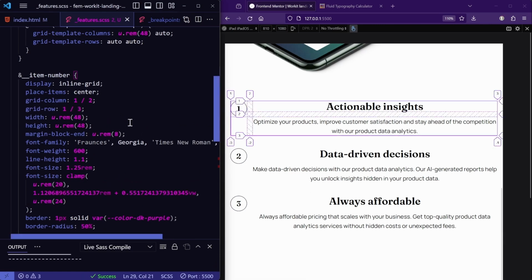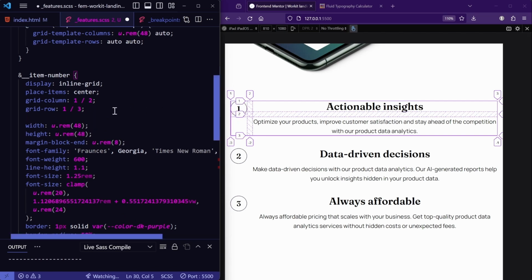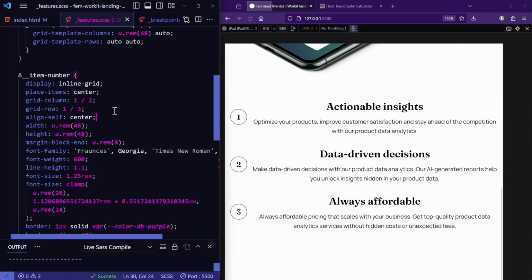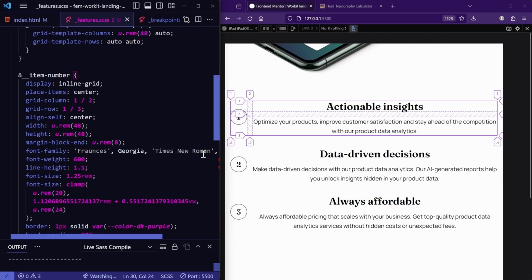There we go. And we need to vertically center the number within the 2 rows. So we can say align self center to vertically center it. Okay, it looks pretty good. And then the other thing we need to do is we need to left align the text. So